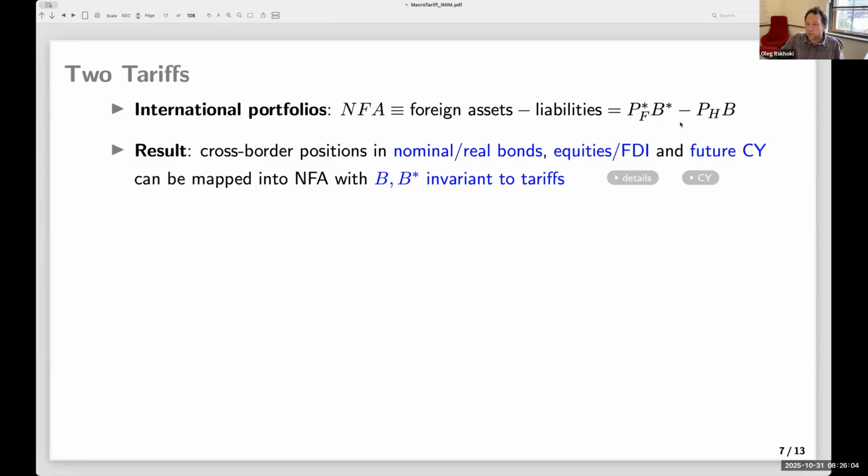And so it turns out that the tariff will affect the prices, but will not affect the B and B star. This is the essence of that result: you can factor in all assets where the valuation effects will be related either to movement in this guy or to movement in that guy, right? But the B will be exogenous to tariffs. It's not true for any asset, but it's true for these conventional classes of assets, right? These are the relative prices to keep track of.